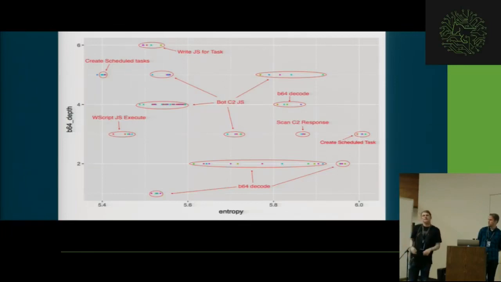The clustering field is huge. You can have k-means look at X number of different dimensions of data, but in this instance I just used a two-dimensional scatter plot. I didn't use k-means or supervised or unsupervised machine learning or things like that. But there's definitely a whole bunch of different computer science fields that can be applied to this problem.